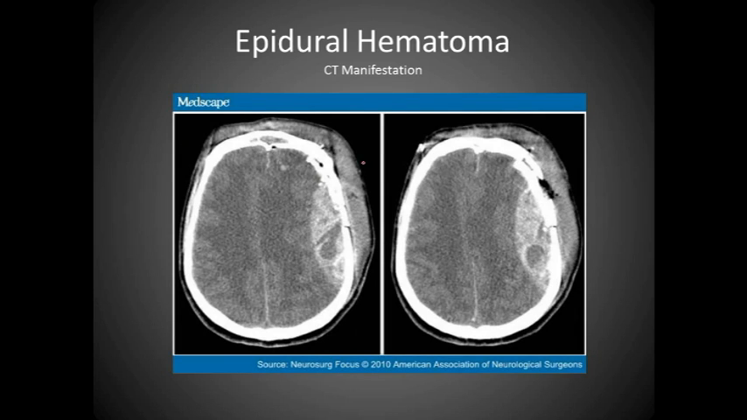Here is one with a linear skull fracture. Notice here and here. Patient has severe swelling starting at the frontal bone and going all the way around. So quite severe skull fracture there,